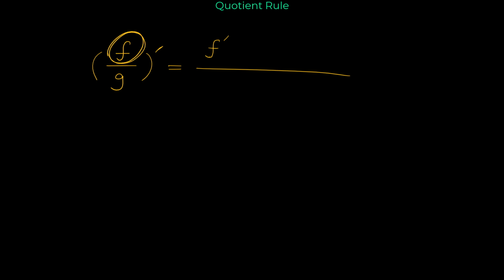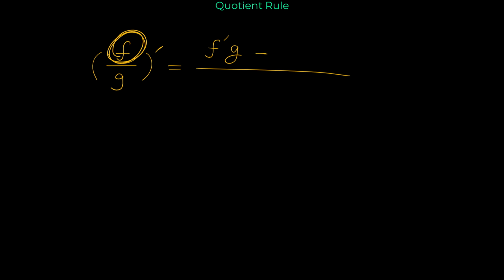Hello and welcome. In this video we want to learn about the quotient rule for derivatives. If we have a function f over function g, a quotient like this, and we want to find the derivative of f over g, we can use this rule. The derivative of f over g equals f prime. So, for finding the derivative of f over g, find the derivative of the numerator, the derivative of f, multiplied by the denominator,